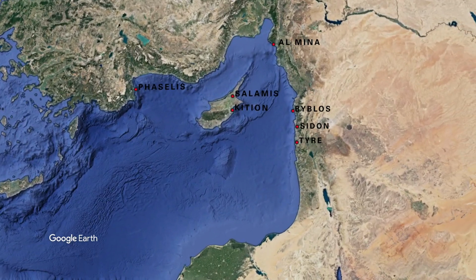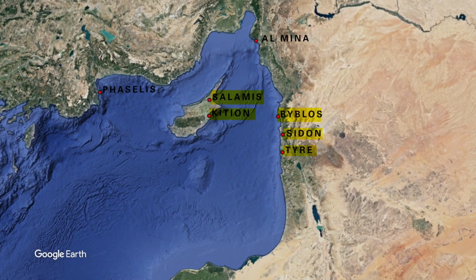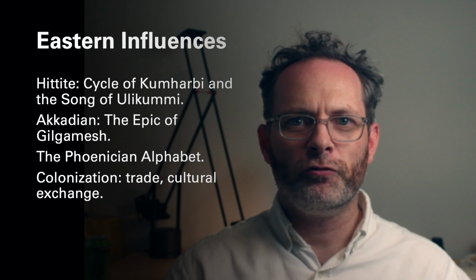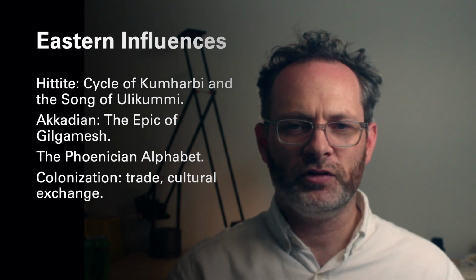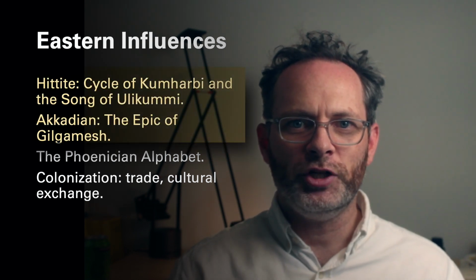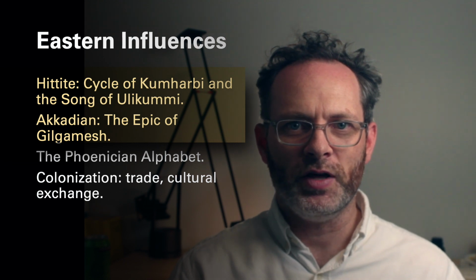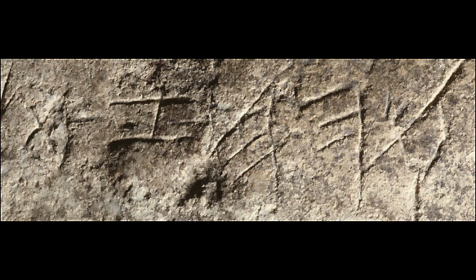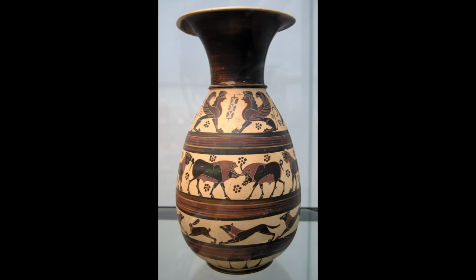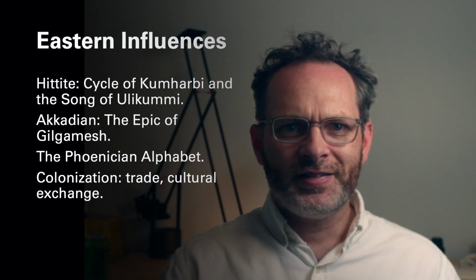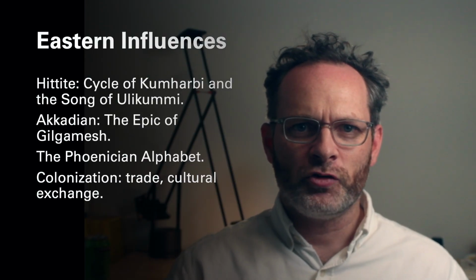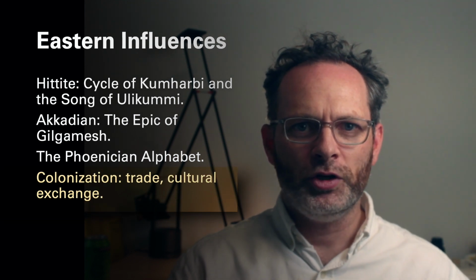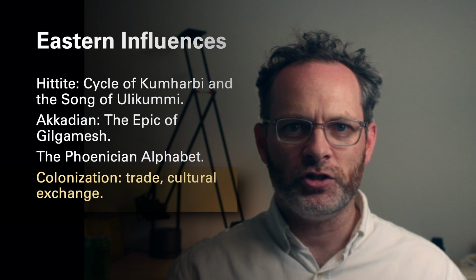Greek contact with the Near East, that is Syria, Phoenicia, which is modern Lebanon, and Palestine, brought many cultural influences that were fundamental to the development of ancient Greece. Examples include the Hittite and Babylonian creation myths, which influenced Greek myth and Hesiod, the Phoenician alphabet, and numerous loanwords which were embedded in that alphabet, and the artistic styles in the Orientalizing period. So the Greeks extended their presence across the entire Mediterranean in various periods through trade. By sending out colonies, they would influence these other cultures and be influenced in turn.